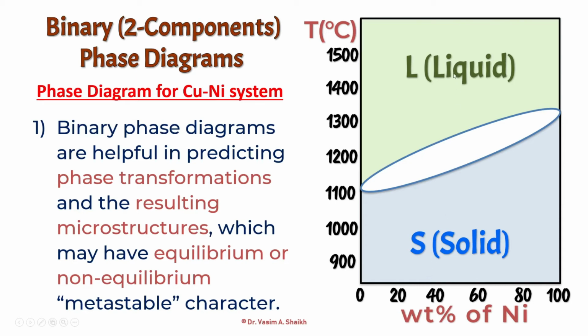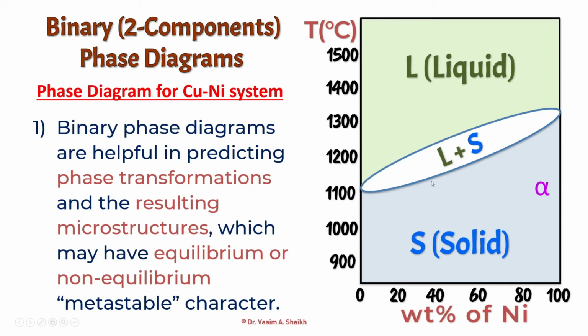So this is a liquid phase, this is a solid phase, and this solid phase they have given a name, alpha. So this is called an alpha phase, and in between we have both the phases existing. So directly the material does not go from liquid to solid state. In between there is a composition, there are some temperature ranges where you will have both the phases. So here we will have both the phases, liquid plus solid. So L is liquid and this is solid.